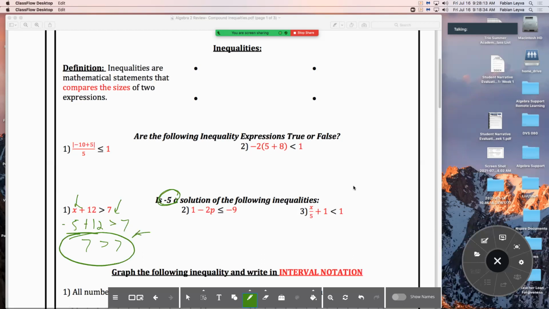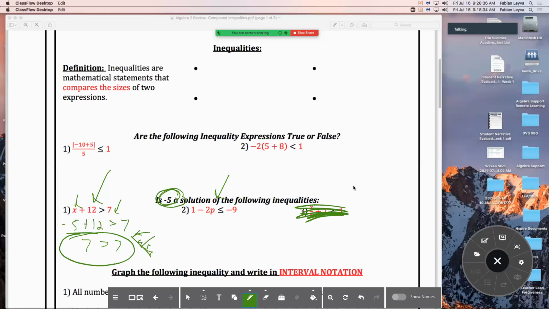And I would say that that is absolutely false. 7 is not greater than 7. It's equal to 7. So is this a solution to this specific inequality? No. Now, the next thing I want you to go do is try to see if you can do number 2. Just for time's sake, I'm not going to worry about number 3. But try number 2. We'll start talking about interval notation, and we'll graph these a little bit, and we'll start